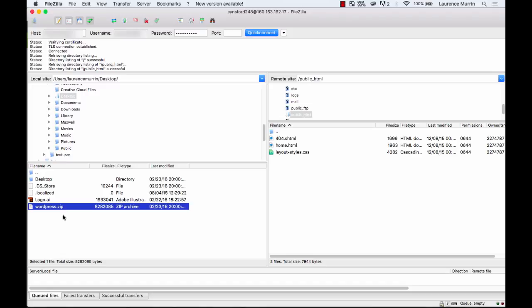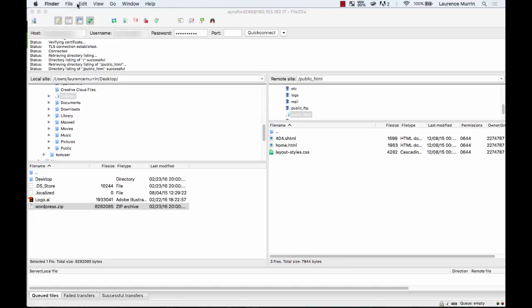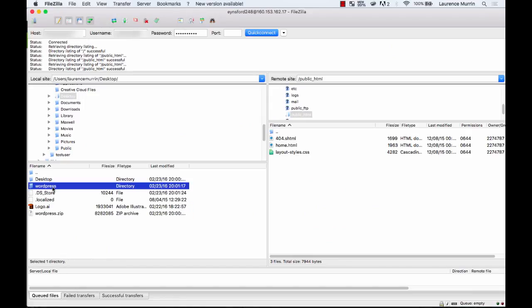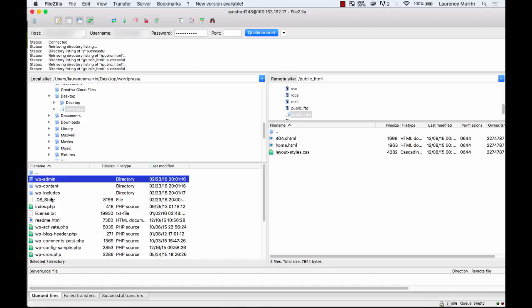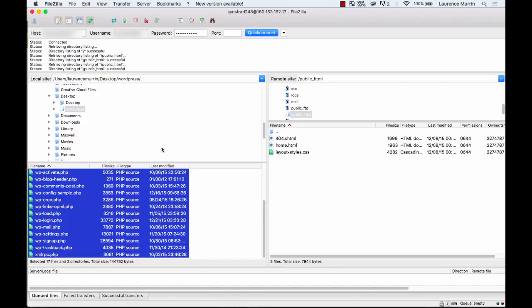Let me just open it on the desktop, just there. So refresh this. Okay, so there's the WordPress installation, and then we want to select all of these files from wp-admin down to this one here, and then in our public HTML folder you want to drag them across and put them in there,